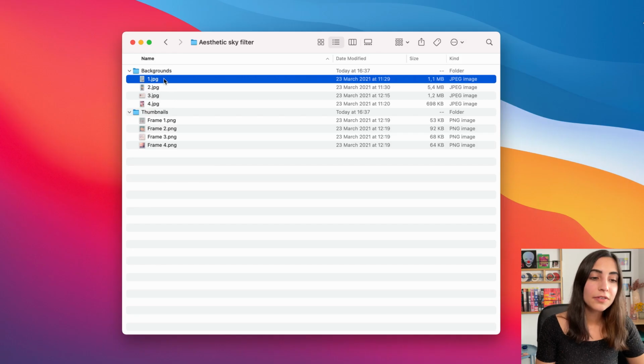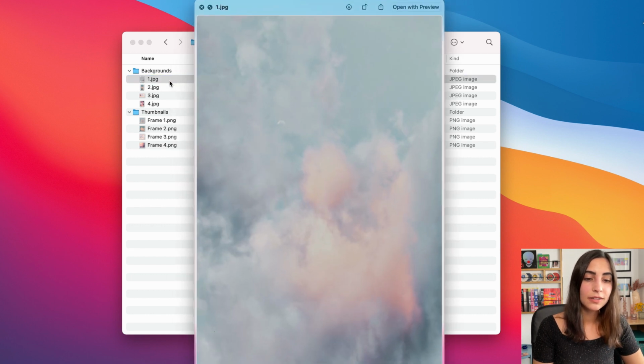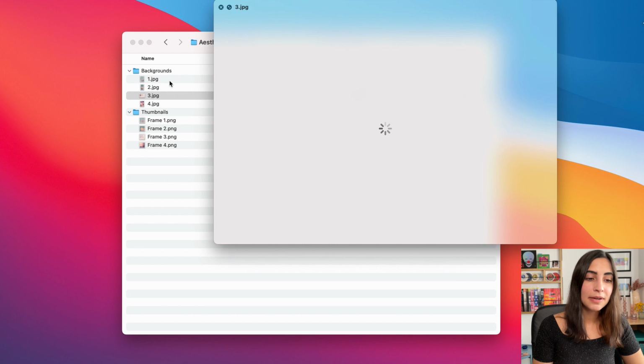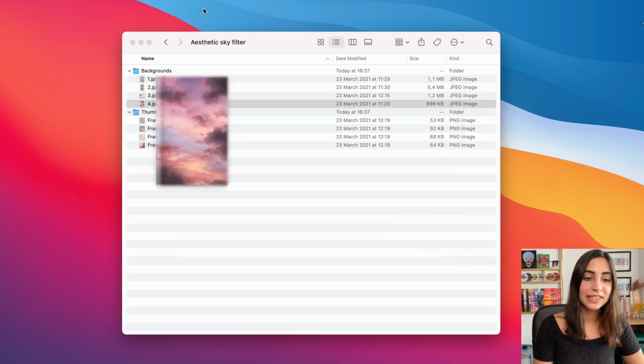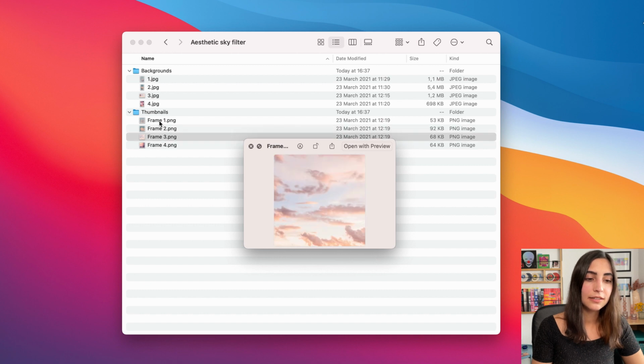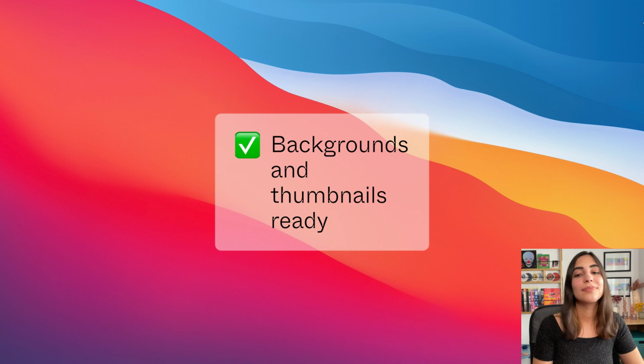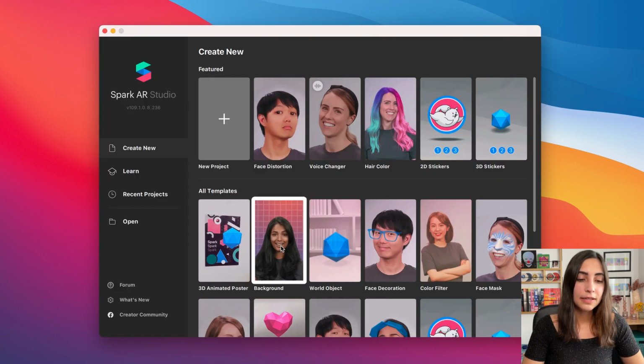Before you start, make sure that you have picked your different images. So I have here my 4 backgrounds and the thumbnails that will be shown on Instagram. So this is just like the same images but resized. Easy. And now we are going to be opening Spark AR, and we can just choose the background template, and